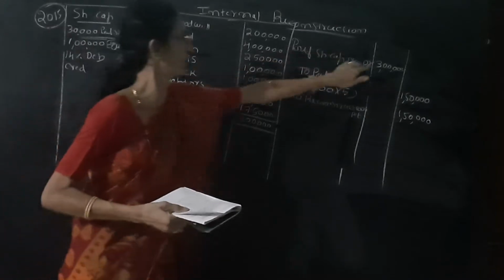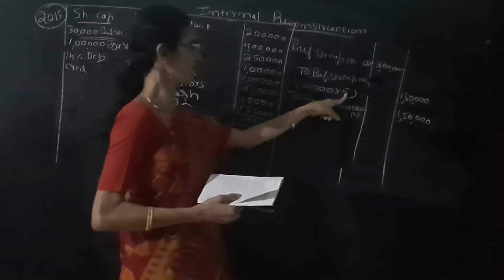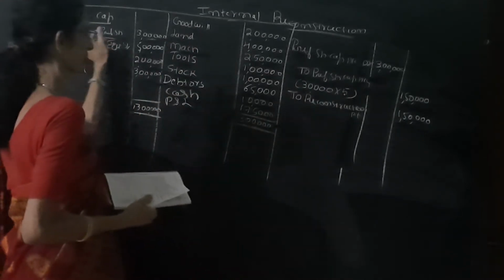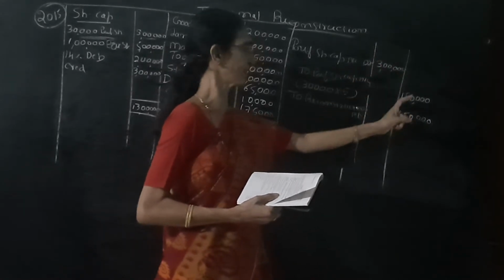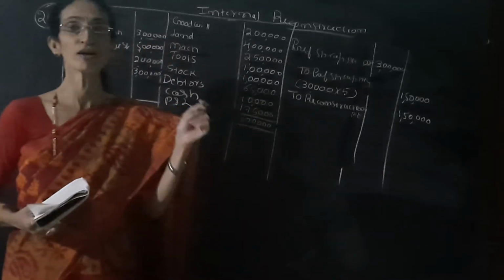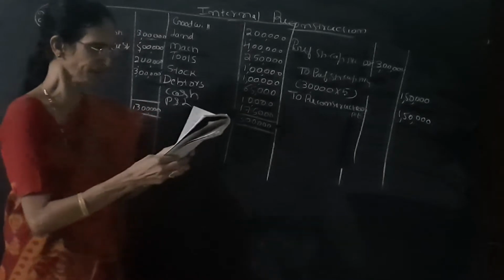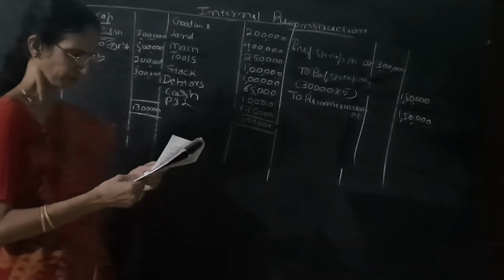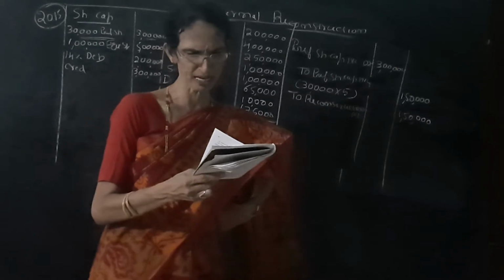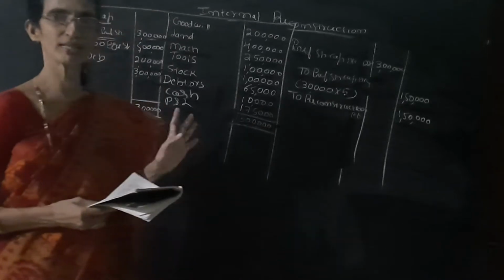See here, this is the preference share capital. It should be reduced to rupees 5. The number of shares here is 30,000, and it should be reduced to 5, so 1,50,000. So 3 lakh minus 1,50,000. This balance should always be transferred to a separate account called the reconstruction account. So the entry is preference share capital account debit to reconstruction account. And the narration is: being the preference shares reduced to rupees 5 each. So one journal entry is over.